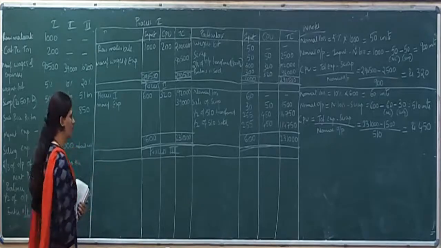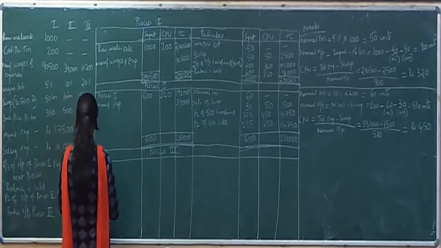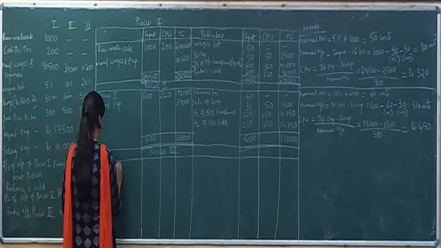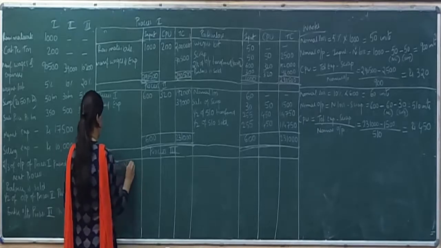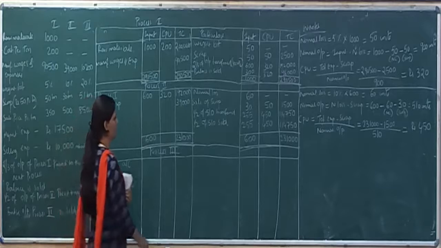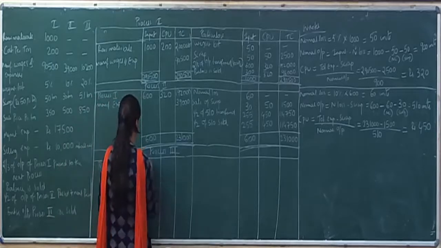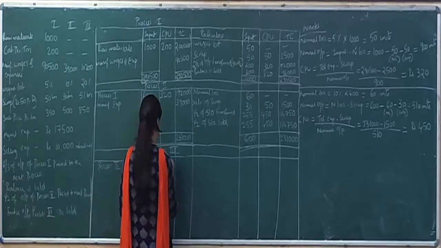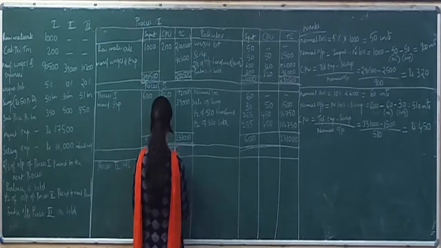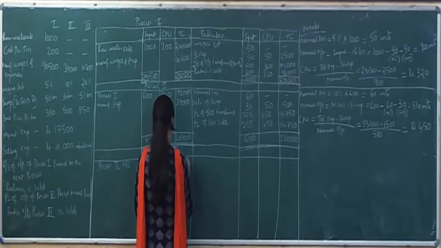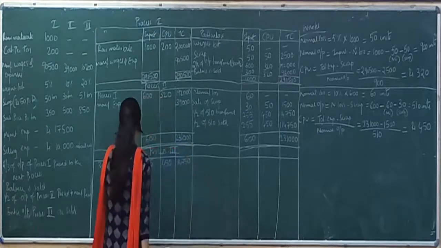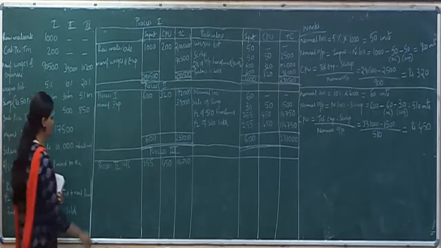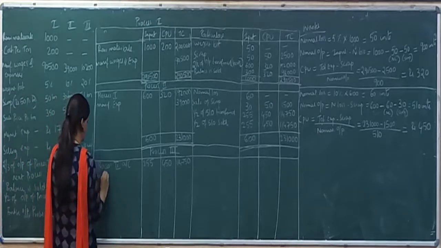Okay, so now the balance, whatever is transferred from process 2 has to be recorded here. Process 2 account, that is, we have management expenses,